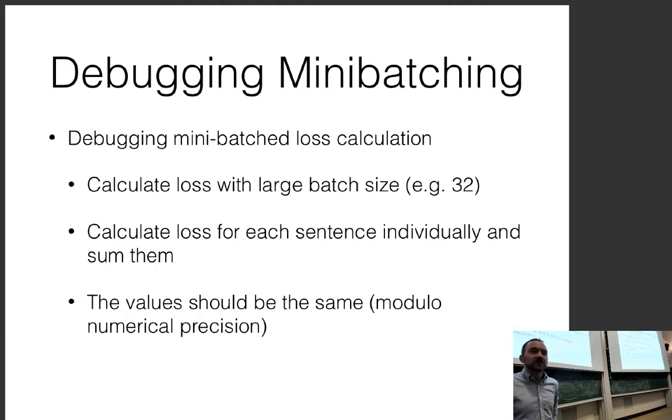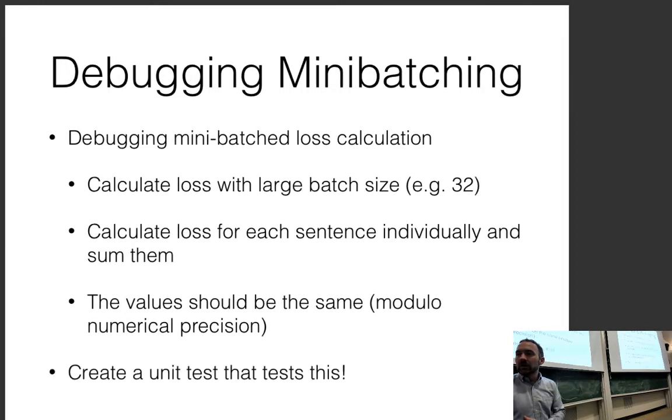And unlike a lot of things in neural networks that have lots of randomness, we don't actually have any guarantees about neural networks because it's a non-convex optimization problem. We're using stochastic gradient descent, so the loss isn't guaranteed to go down every time. But in this case, we can actually create a unit test, and we know that these numbers should match. So this is very easy to do, and you can implement this as a unit test in your code and